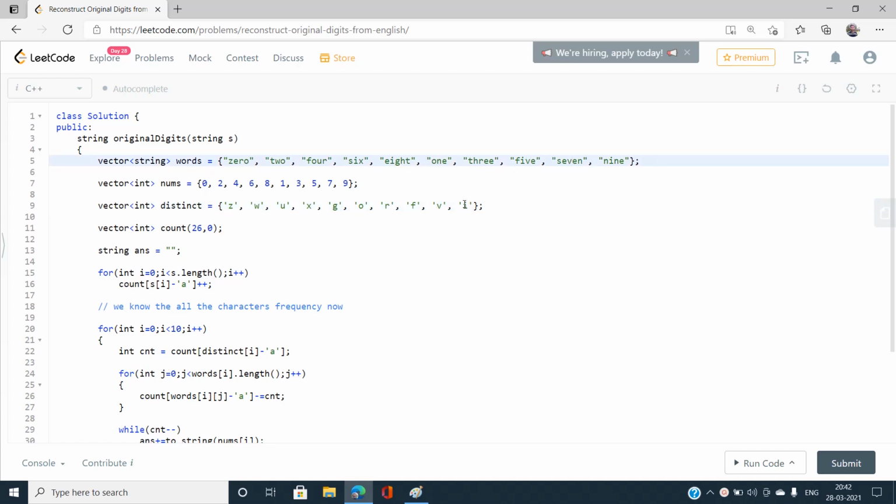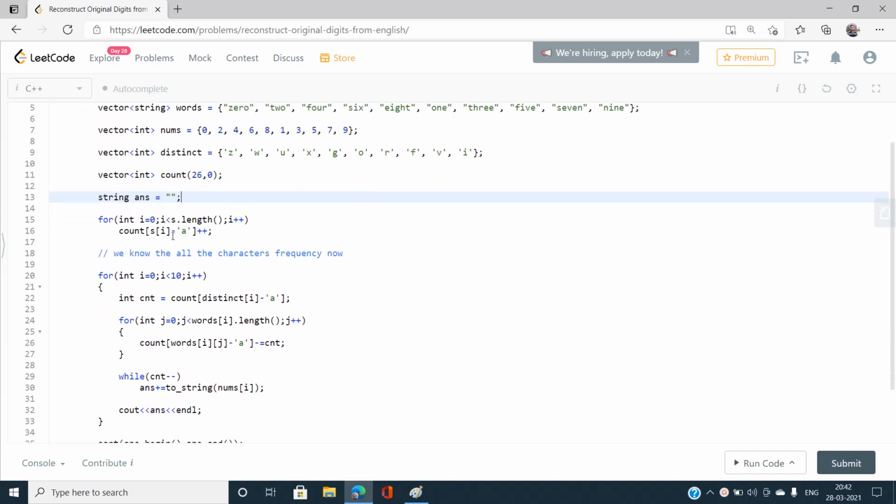Note that these characters always lie in their words: Z is in ZERO, W is in TWO, and U is in FOUR, and similarly for the rest. Now I've maintained a frequency array, count, and initialized my answer as empty.